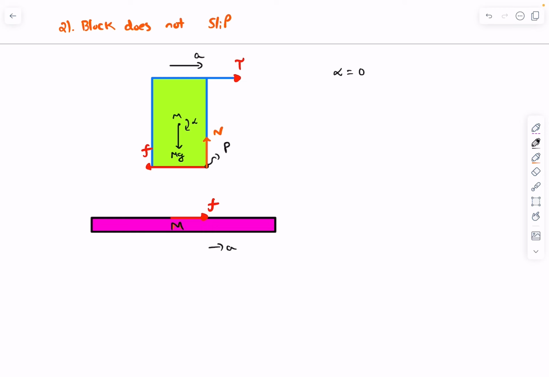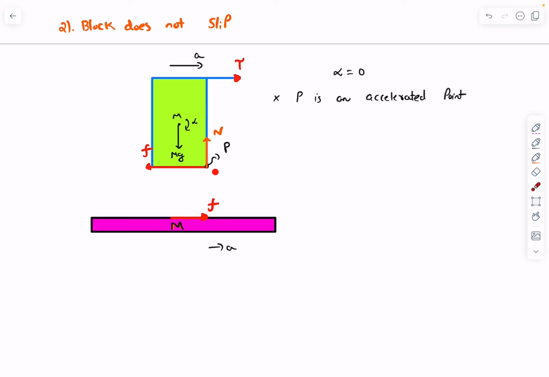So these are the real torques, but there is another key point here, and that is that the point P is actually an accelerated point. As we can see, the entire block is translating with an acceleration of a, right? The deal with accelerated points is that if you want to write the net torque expression about the point P, I'll make a proof video on this in the future. But basically, if you want to write tau equals dL by dt about this particular point P, which is an accelerated point, then you have to consider the pseudo torque